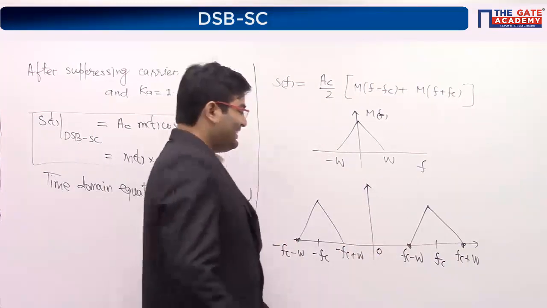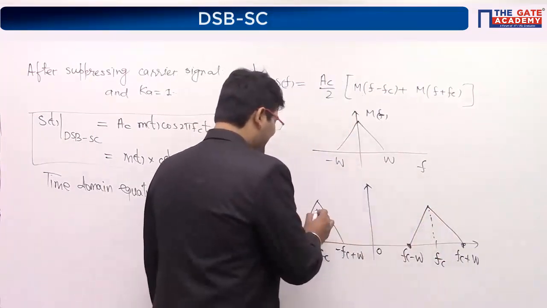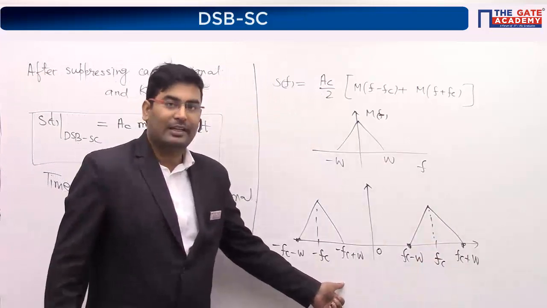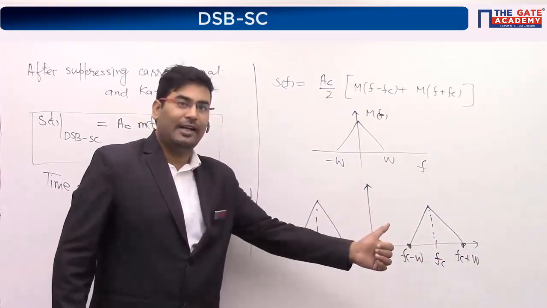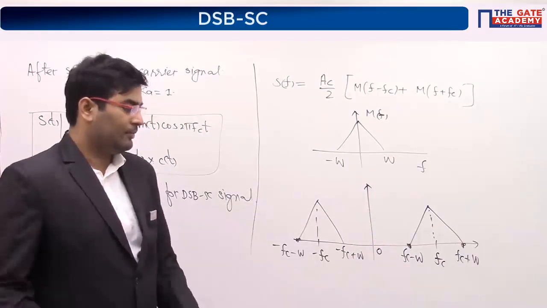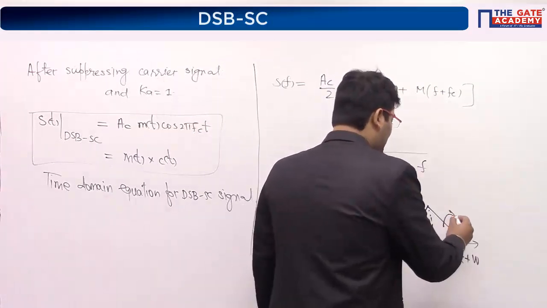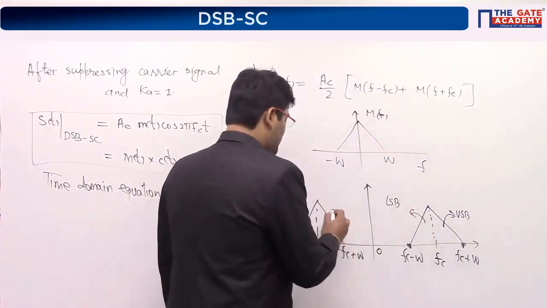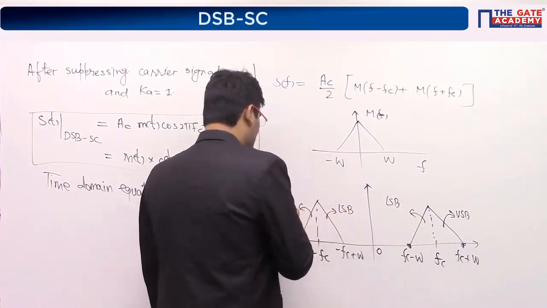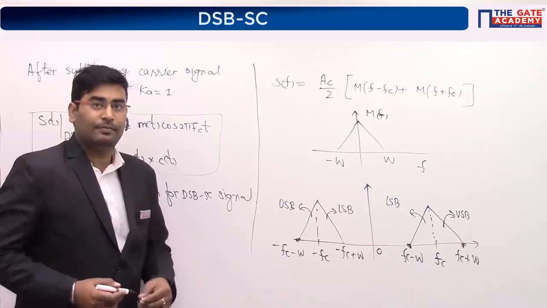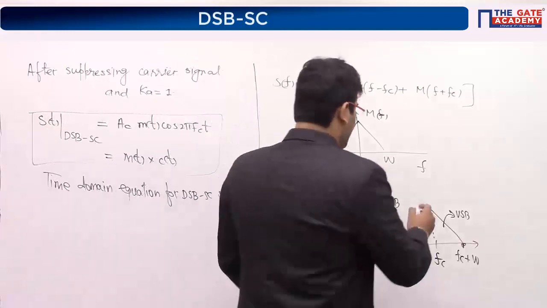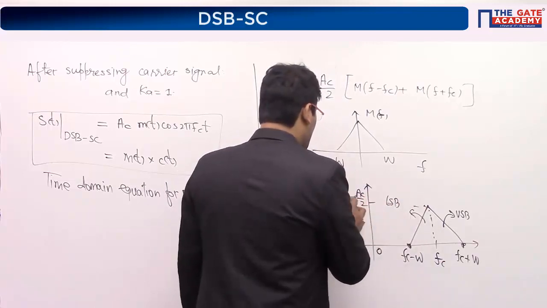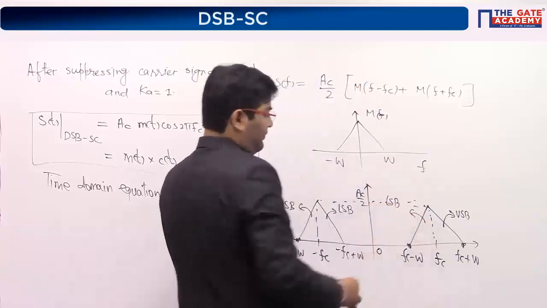Did you notice one thing, guys? Here we don't have the impulse. We don't have this impulse here, which means it is a double sideband suppressed carrier spectrum. We don't have any carrier signal here, correct? And this is known as the upper sideband, and this is known as the lower sideband. Please write everything. You can write that the height of this is Ac by 2, looking at the equation. Clear?